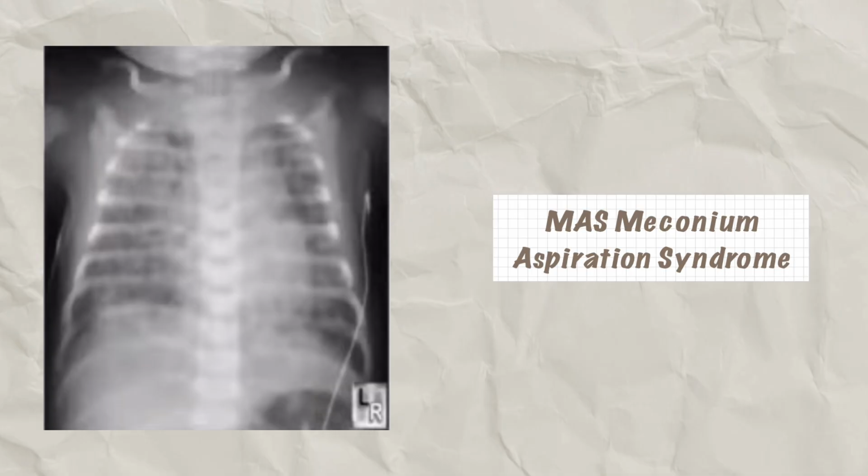Clinical features and cause. Meconium aspiration syndrome usually occurs in term or post-term neonates that are often small for gestational age. Respiratory distress develops within a few hours and worsens in the next 24 to 48 hours. If untreated, the distress can progress to respiratory failure. The characteristic X-ray is shown here. Complications include pneumothorax, other air leak syndromes like pneumopericardium, pneumomediastinum, and hypoxia leading to persistent pulmonary hypertension.